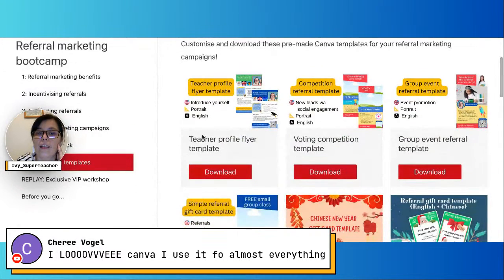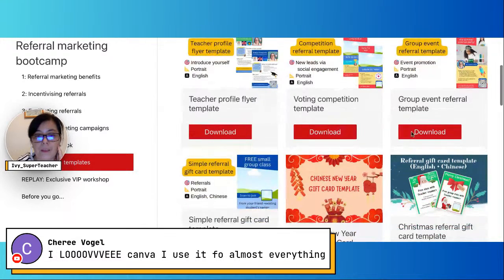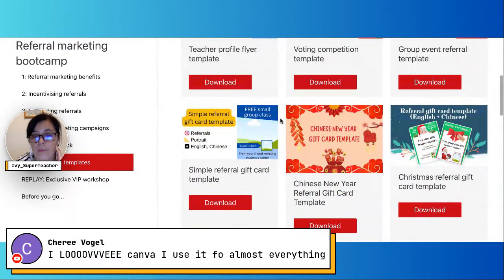Okay, look at that. Teacher profile flyer template. Voting competition template. I love that one. How to make them actually interactive. And this is so good for any kind of marketing efforts. Group event referral template. I love that. I'm not going to open them because I want to leave them as protected, just a short preview.